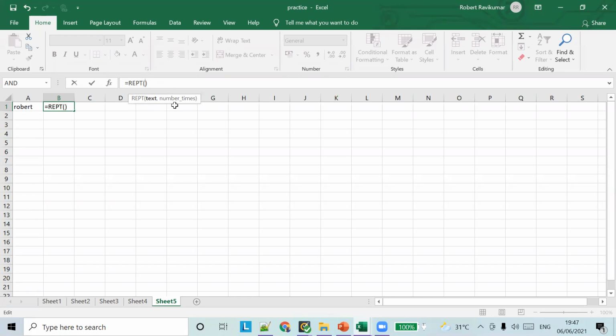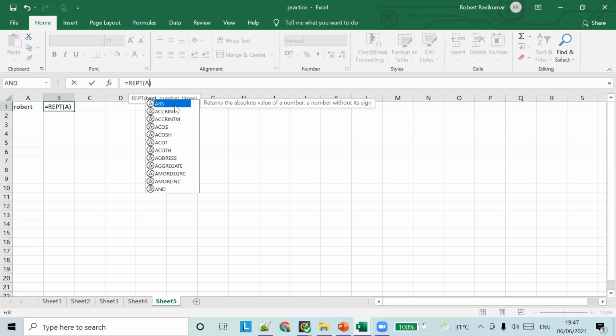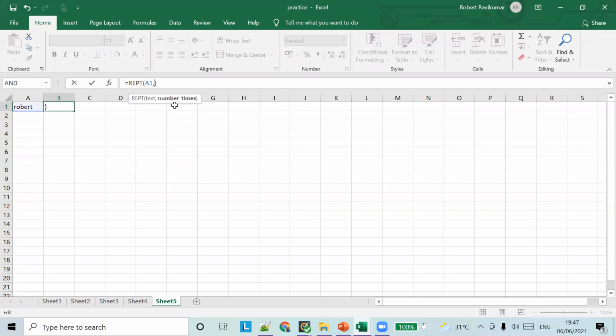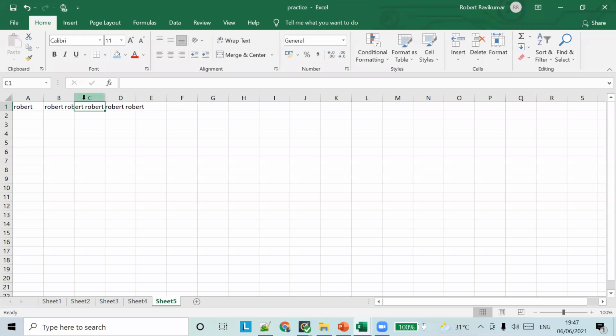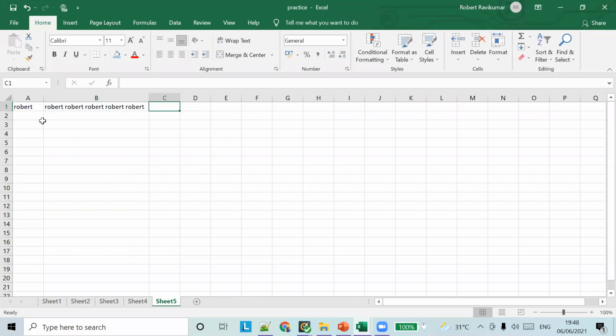Repeat A1, comma, number of times. Let's say 5 times. So this is how you use the repeat function. Nothing complex in it.